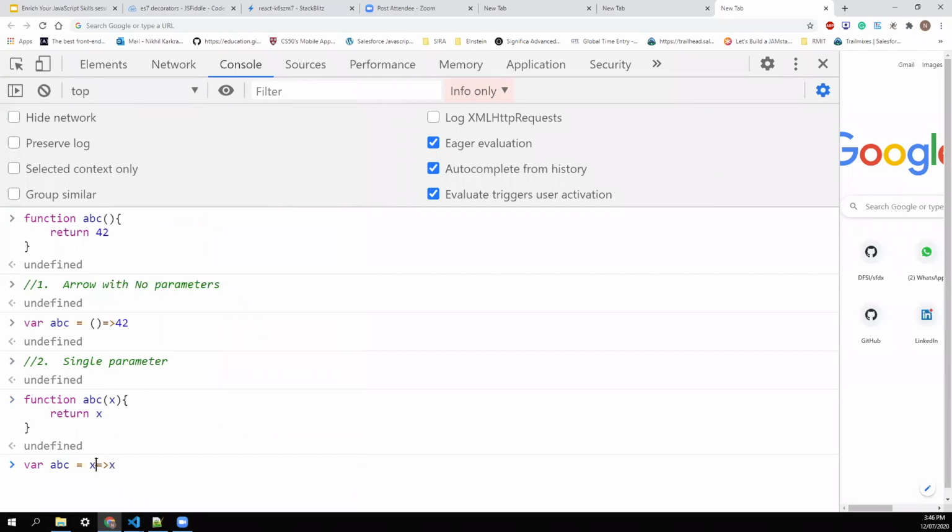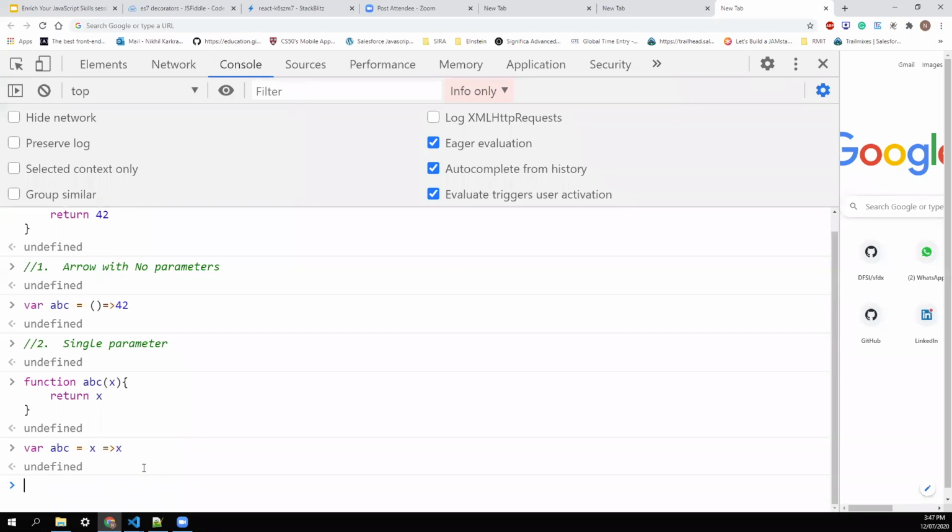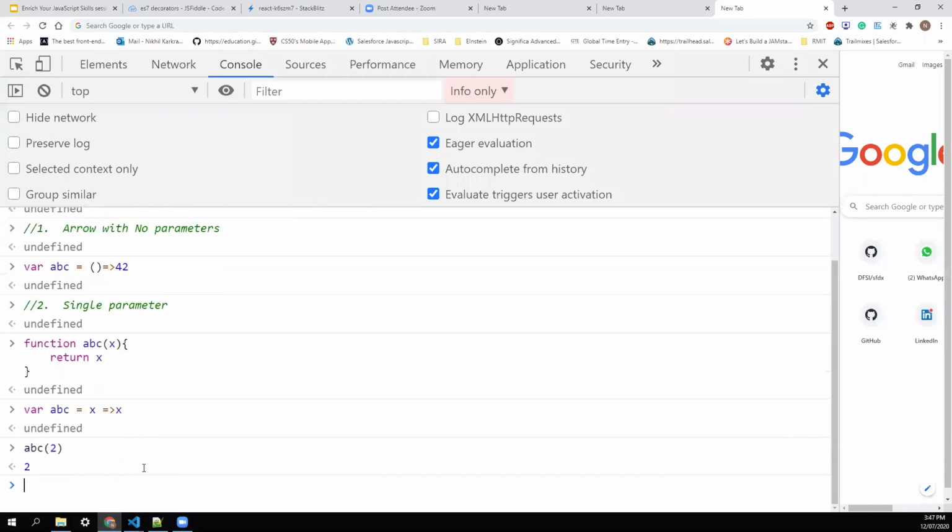So here, just remember, in the exam, you may get confused about when to give brackets and when not to. If you have one parameter, it's not necessary to give this bracket. Okay. And if there is no parameter as well, then also it's not necessary to give the bracket, and you can return as it is. And this will also work perfectly fine. If I pass 2, it returns the 2. That is also fine. Now let's go to the multiple parameters.